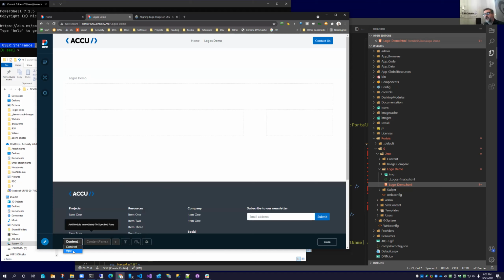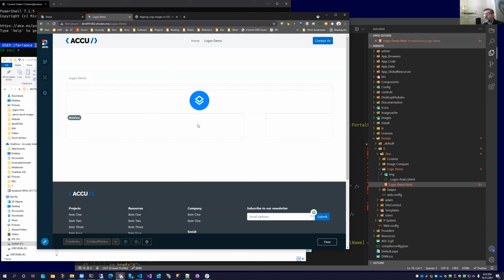So I'm going to use the feature now. Select app, content pane, insert it at the top. Well, it's the only one. So in DNN, in 2Sexy, there's two things. There's the content app, and it confuses people because there's a content module and there's an app module. And they have a different approach to things.